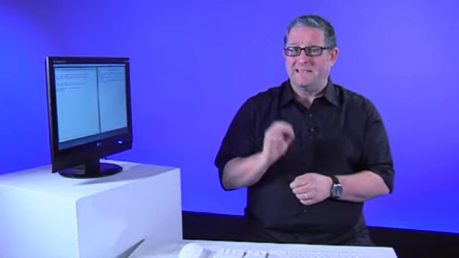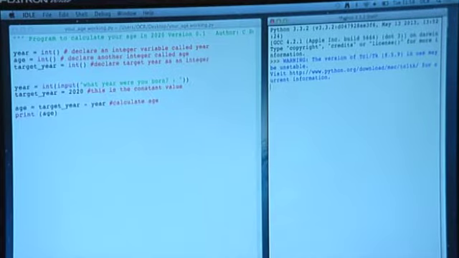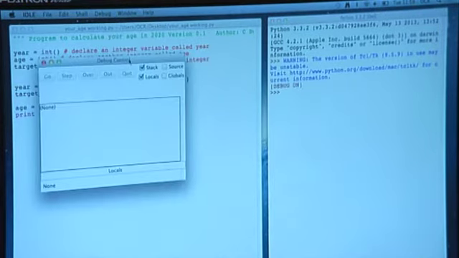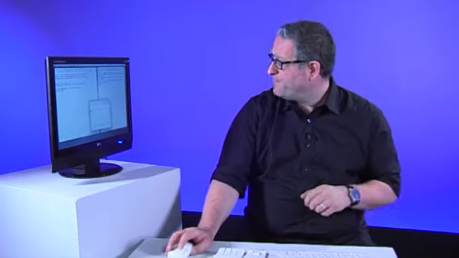The last feature of the IDE we're going to look at is called the debugger, and this is a really powerful professional level tool to find problems in your code. The first thing we need to do is to switch it on. So if you click on the shell and click on the debugger, you'll see a little window pop open. This keeps track of our variables and other things in the program. We will pop that over there for now, and now we're actually going to run our code,